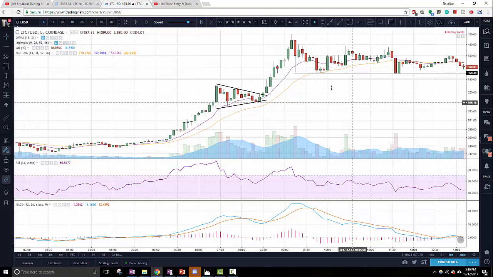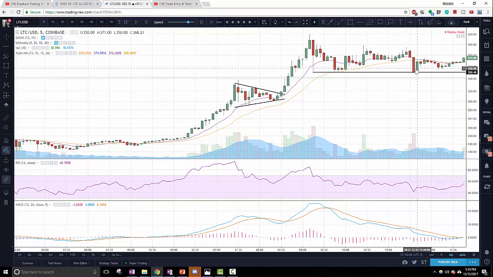Why is that? Because there was a wall of buyers here, wall of buyers here, wall of buyers here. There's people actually down here with money willing to buy in mass quantities at 350. Why do I say mass quantities? Because if they didn't have a lot of money that they're trying to buy Litecoin with, Litecoin would have fallen through there. Sellers would have overcame the buyers.